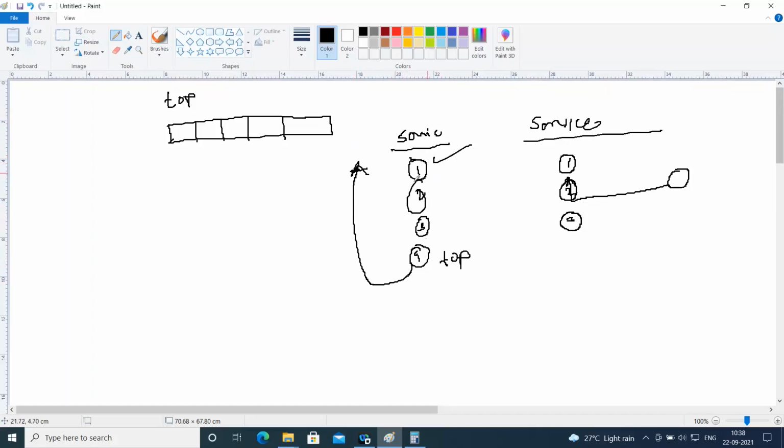So this is not the proper data structure to be used in the case of a service queue, because generally the request which is registered first must be handled first, right? So this is the general idea. Stack has a completely different application and approach wherein we can use it.